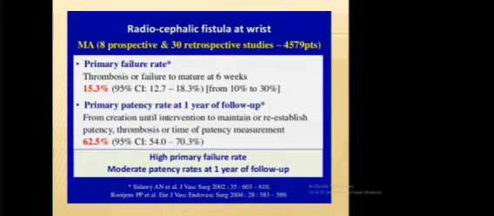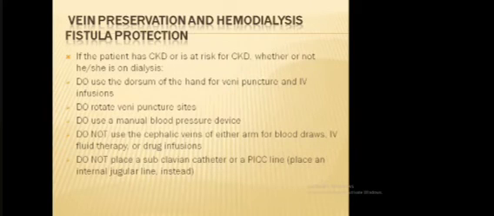So what are the problems? There are some early studies showing the failure rate is very high in fistula, around 15.3% failure rate. The patency rate at 1 year follow-up was 62.5%. So high primary failure rate and moderate patency rate at 1 year of follow-up, around 65%, with the fistula. So what are the techniques we have to keep in mind? The preservation of veins of CKD patients